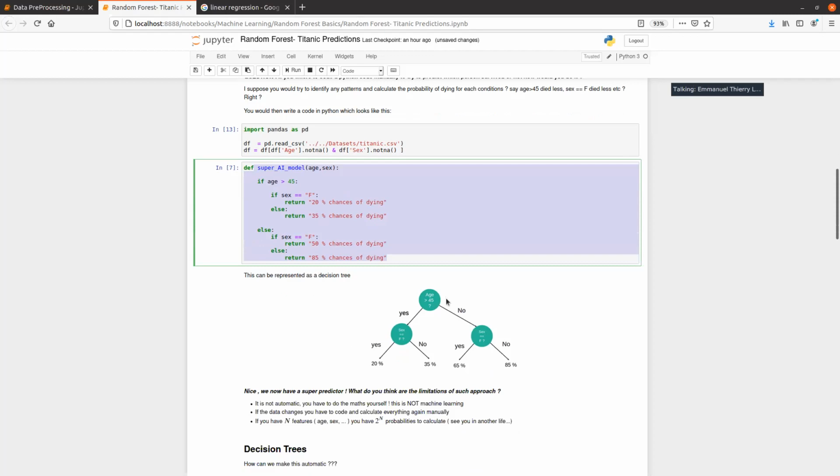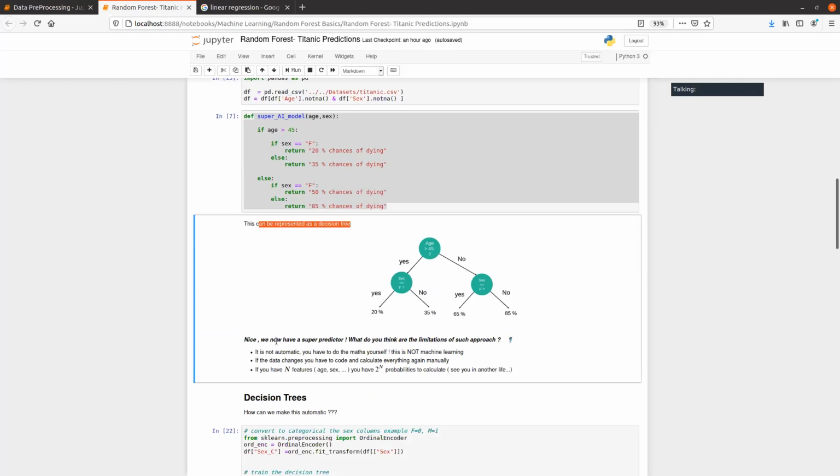So here I come to how I want to introduce machine learning, because I think it's much more suited to software engineering or programming logic. This can be represented as a decision tree. Let's say age over 45, yes or no. If yes, then what's the sex? If the sex is female, then the probability is a 20% chance of dying. As we feed in new data, we ask, was the person over 45? Yes. Then if the person was a female, there's probably a 20% chance that this person would die. So I made my prediction.